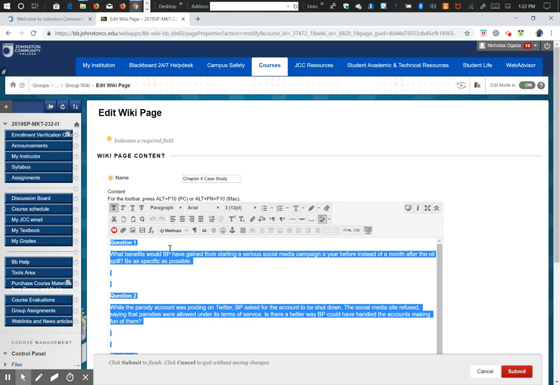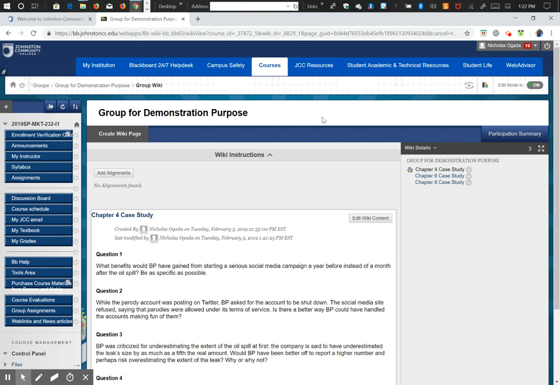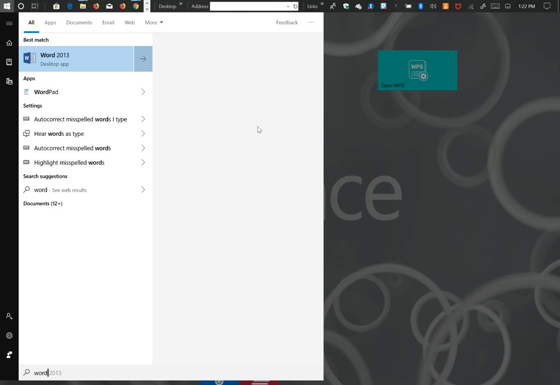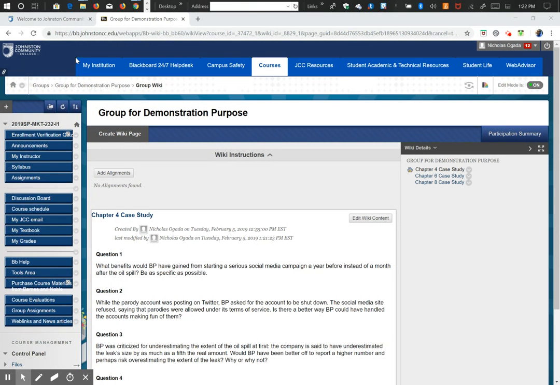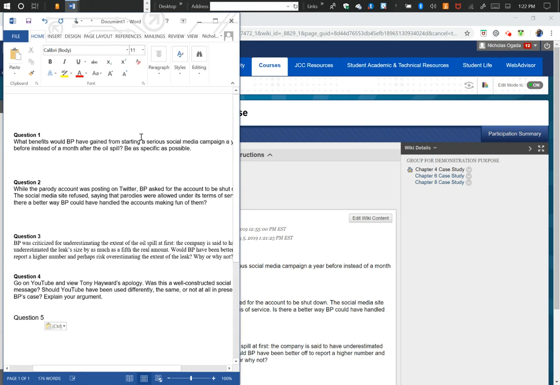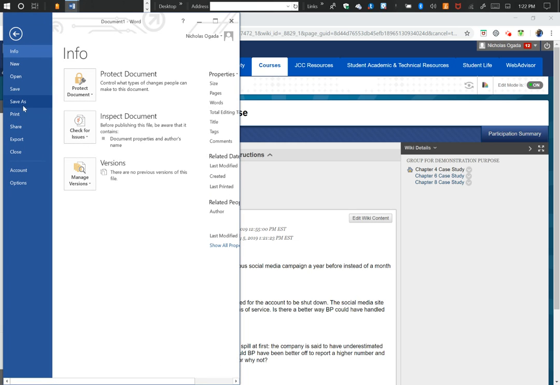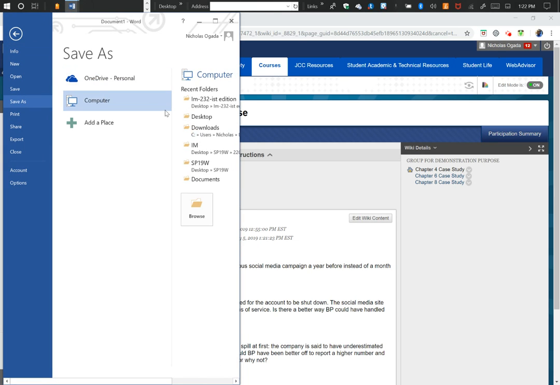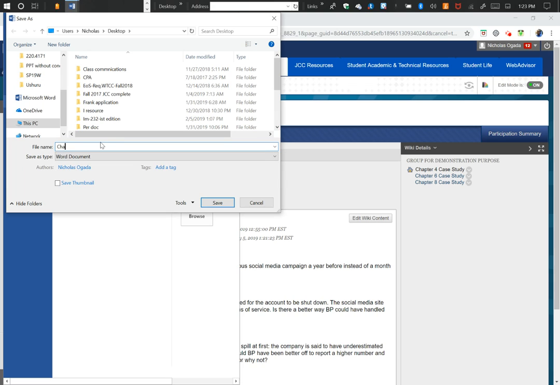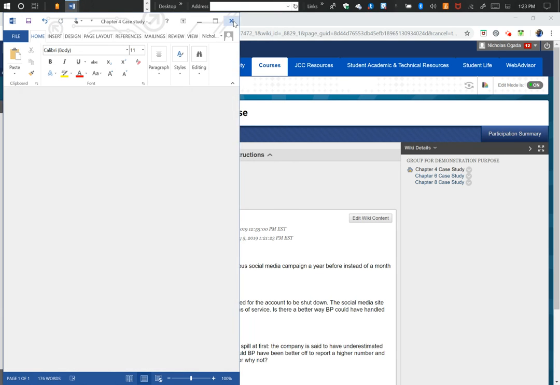That's what I prefer. Once you have that copied, you can open a Word document and just paste your work there, and you can save it on the desktop if you want to for easy pickup. Let's say you just name it chapter 4 case study, and you can save your work there. And now to turn in your work, what you'll do is